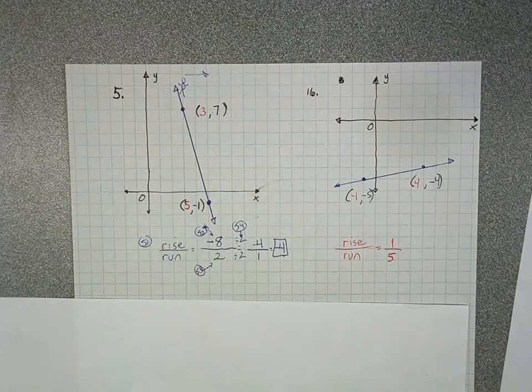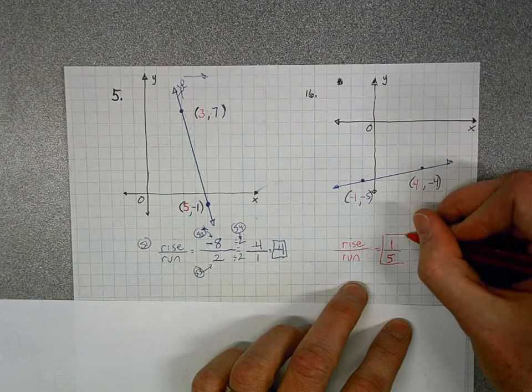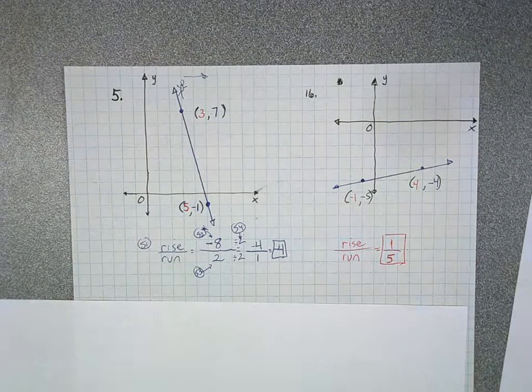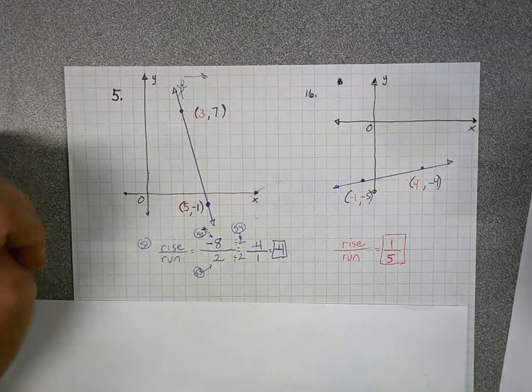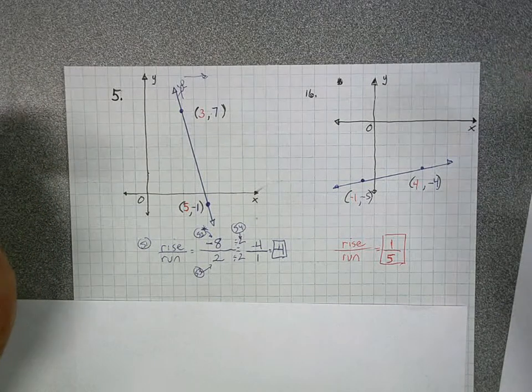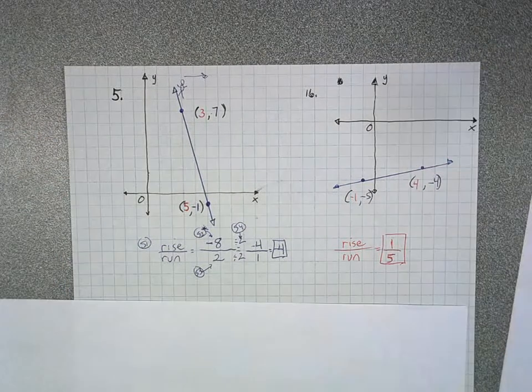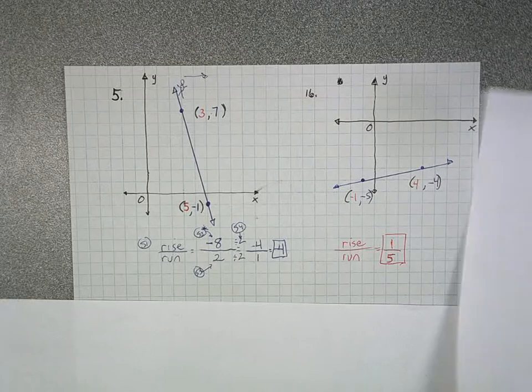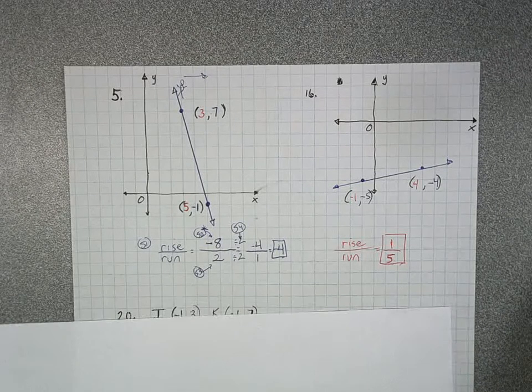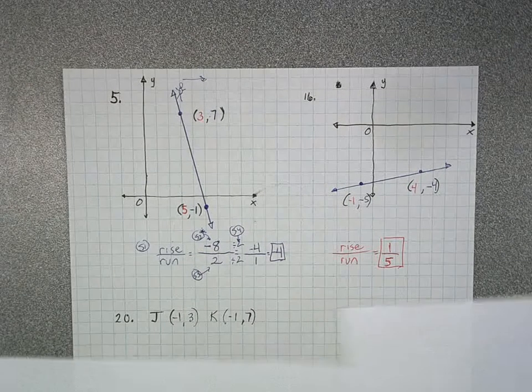And our answer, of course, is 1/5. All right, can't reduce it, right? Can't simplify it. That's our slope. Okay. All right, the next problem is what happens if they give you, like number 20,